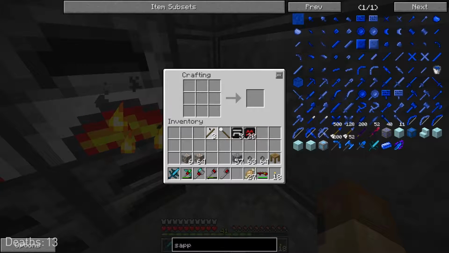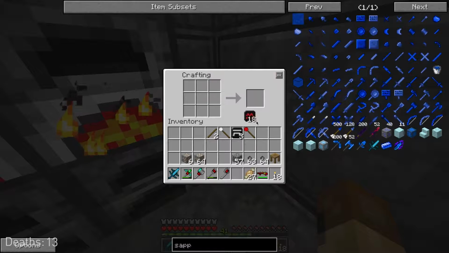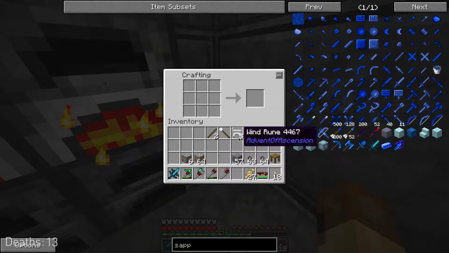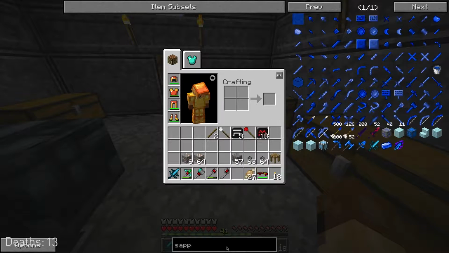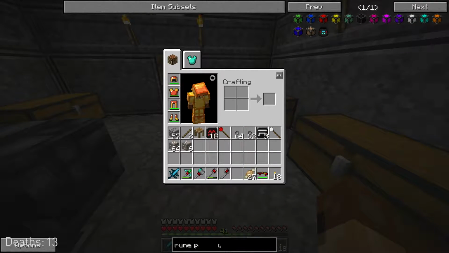And I'm kind of learning how this goes as well at the same time, so I don't exactly have it all together myself. Okay, and this one says it needs 2 wind and 2 fire. Well, I happen to have 3 wind and plenty of fire. So in order to get these to work, 600 uses, 600 uses, I have to get something called a rune